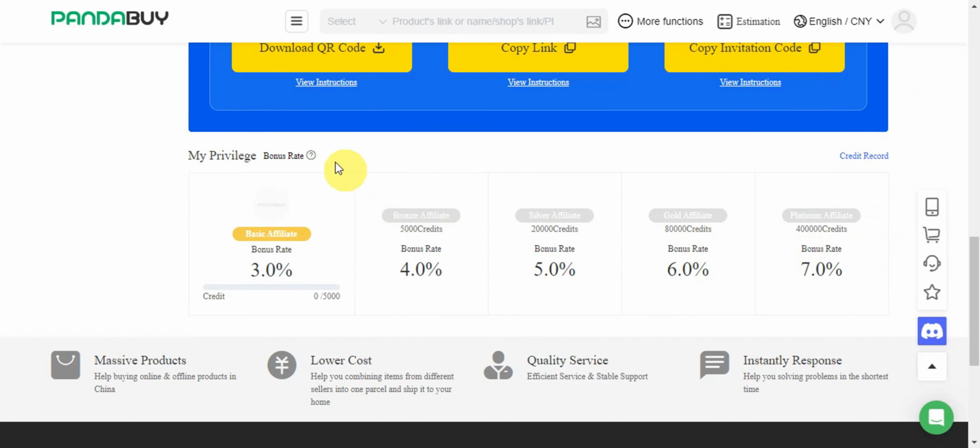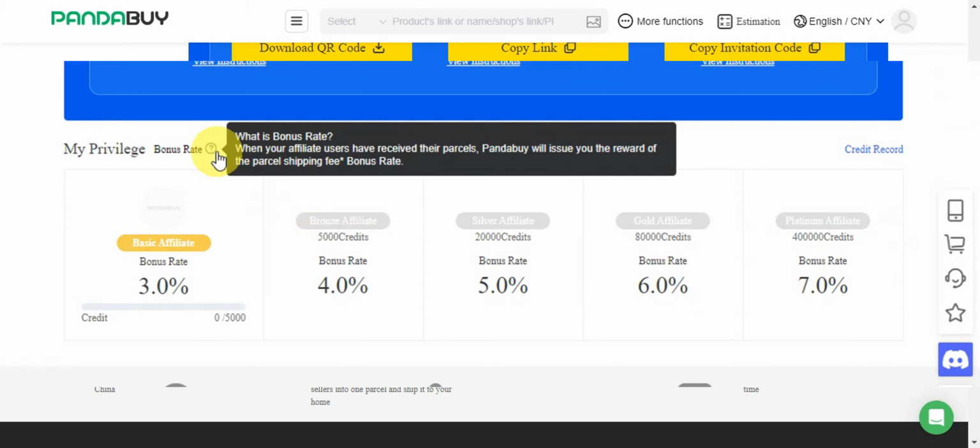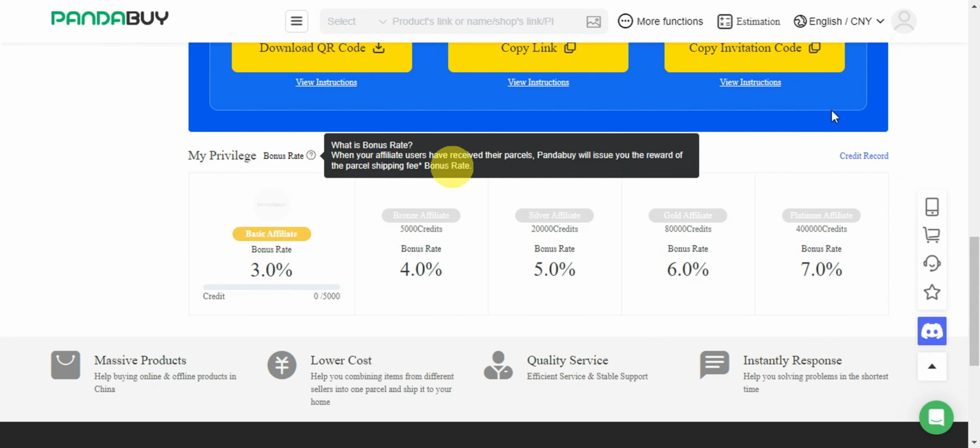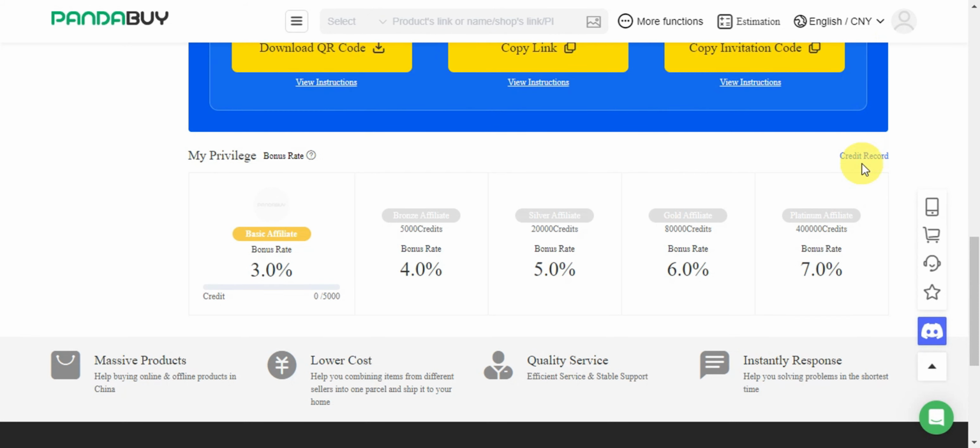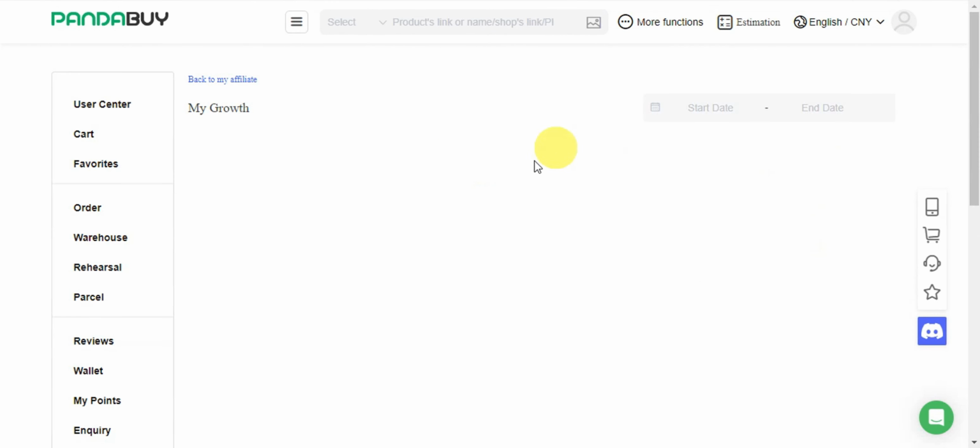For the privilege in here, this is the bonus rate if you're not familiar with it. When your affiliate users have received the parcel, then Pandabuy will issue you the reward of the partial shipping fee bonus rate. There is also a credit record here, so you'll just have to click on that and you get redirected to my growth